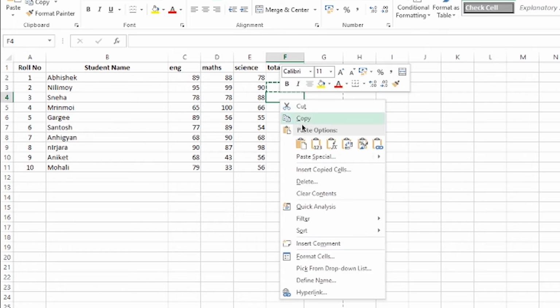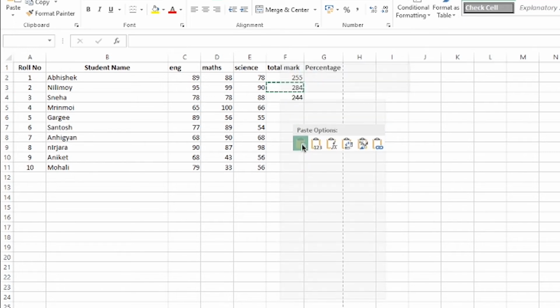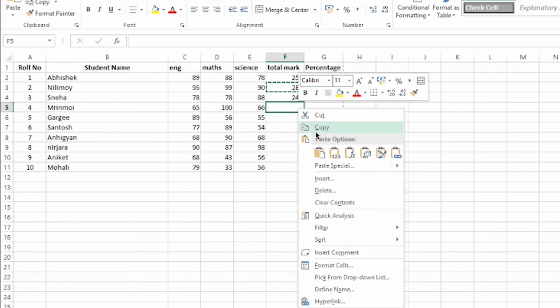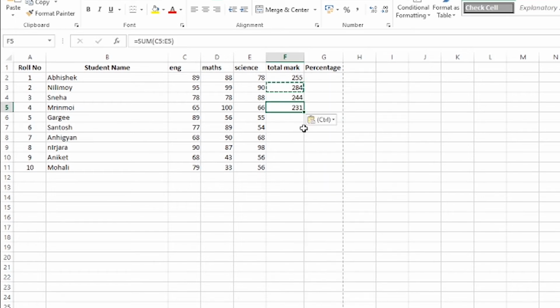Right click and the paste option will be there. Here paste, and automatically you just need to paste it. Ctrl V can also be used for pasting. See, only one time I have copied the formula and now it is coming automatically.